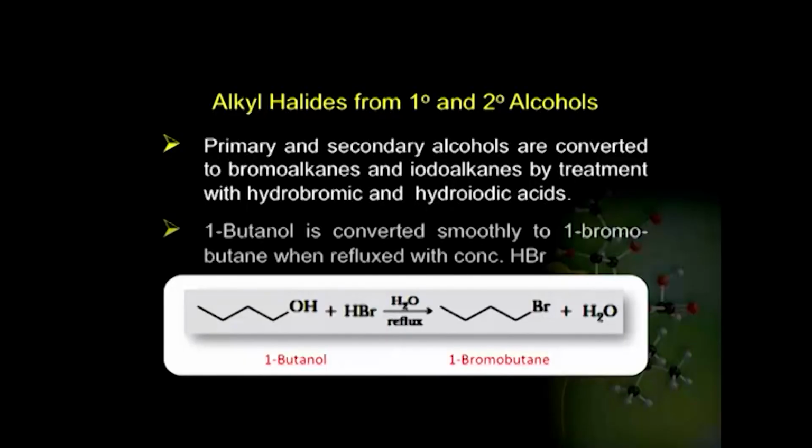What happens in case of primary and secondary alcohols is that they are converted into bromoalkanes and iodoalkanes by treatment with hydrobromic and hydroiodic acids, and the example is here. 1-butanol reacts with HBr. This is on refluxing it with this aqueous solution, and we get the formation of 1-bromobutane. So, this reaction is quite smooth, but in case of primary alcohols, we notice that there is SN2 mechanism which